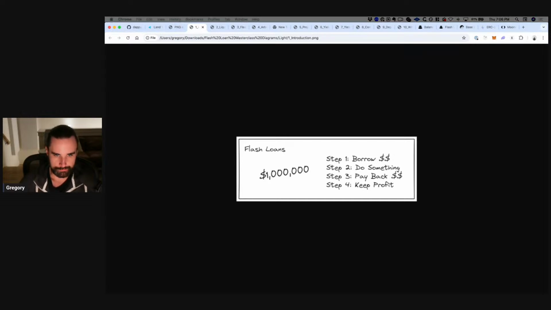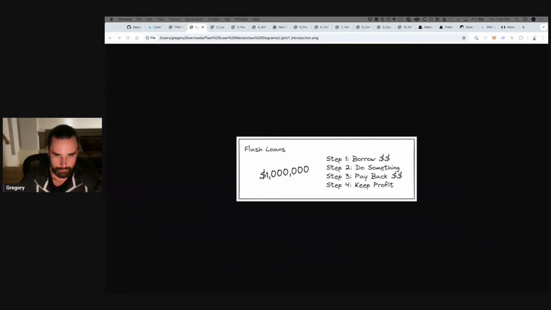So what is a flash loan? Well, basically, it's a cutting edge technique that's going to let you borrow millions of dollars in cryptocurrency for free on the blockchain with zero money down, so that you can use it for trading, DeFi, and so much more. All right, as long as you pay it back in the same transaction.